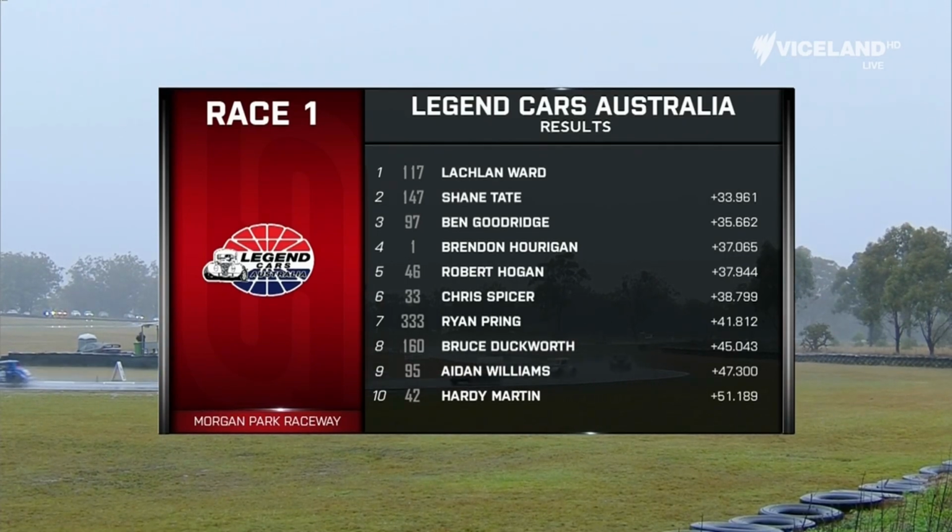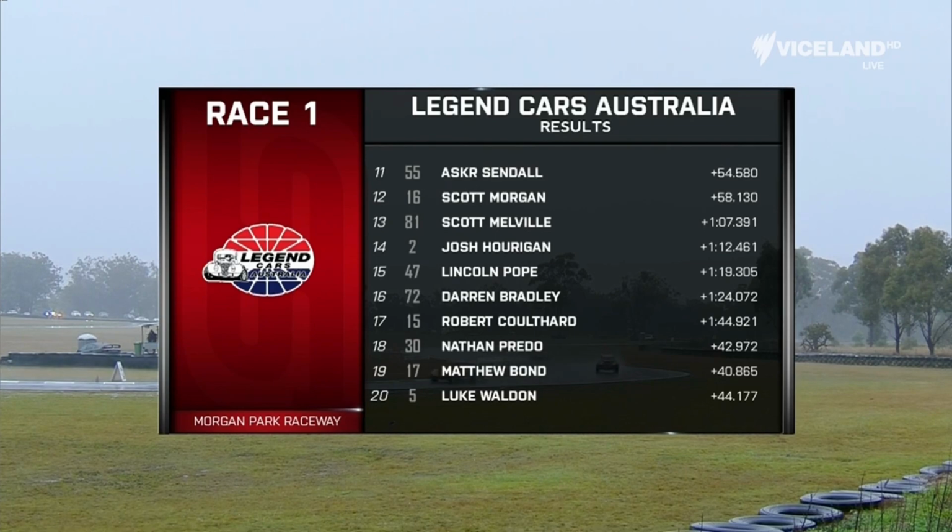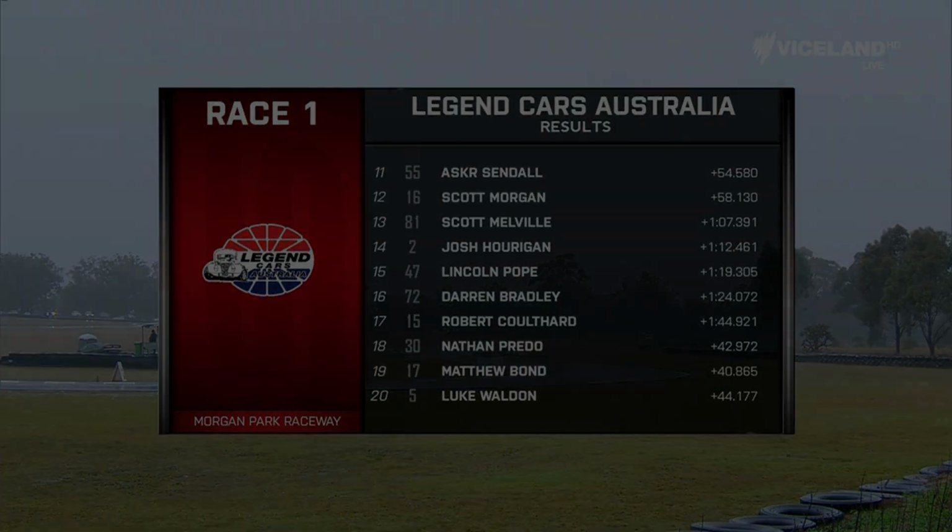Ryan Pring unfortunately went off, lost a few positions. Bruce Duckworth in 8th. Aidan Williams 9th, and Harvey Martin in 10th. What a race. Asker Sendell, Scotty Morgan, then Scotty Melville, he went and found the dirt a few times. Josh Hourigan, Lincoln Pope, Darren Bradley, Robert Coulthard, Nathan